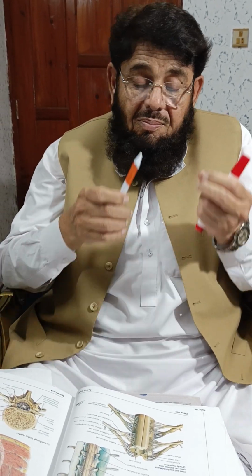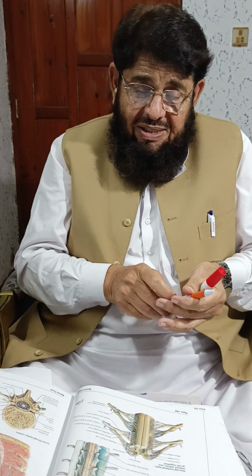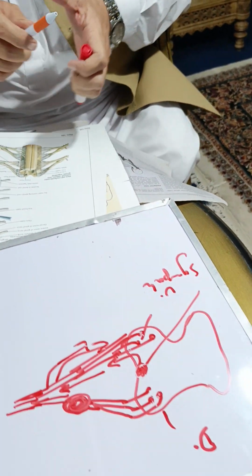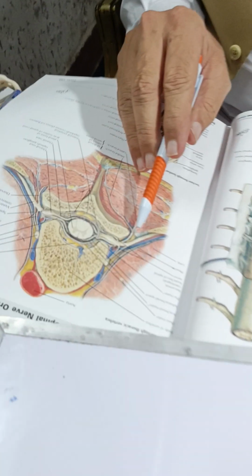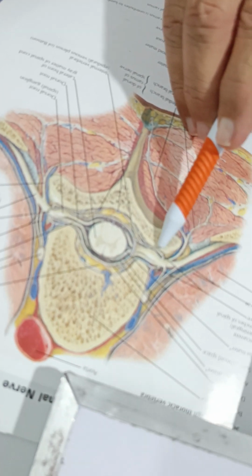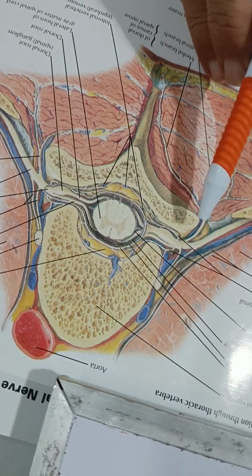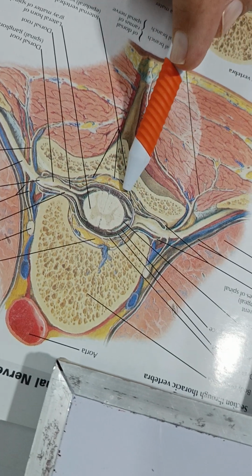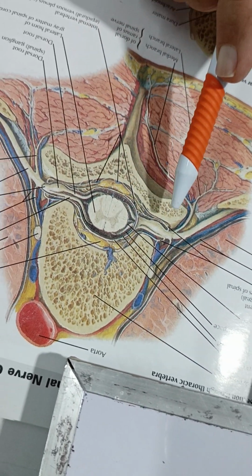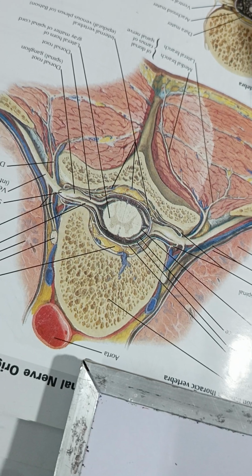Then as soon as the nerve comes out of the intervertebral foramen, immediately it gives branches from the nerve that pass backward again through the intervertebral foramen into the vertebral canal,